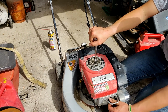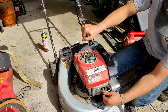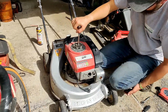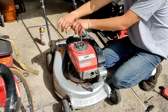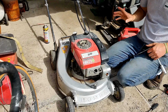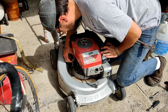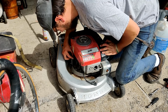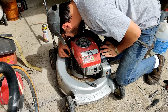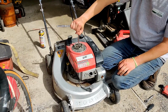With it being as tight as it is, it makes me want to say that it was seized from lack of lubrication. Even though the oil in this didn't look that dirty, it had the right kind of dirty consistency. Because if you got an engine that's been hurt and it's got brand spanking new oil in it, it's because they went oops and they tried to change the oil after the fact. But there's really nothing in that. There's really almost no oil in there. So